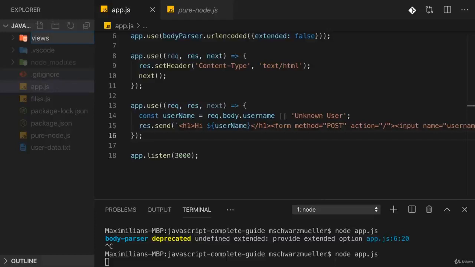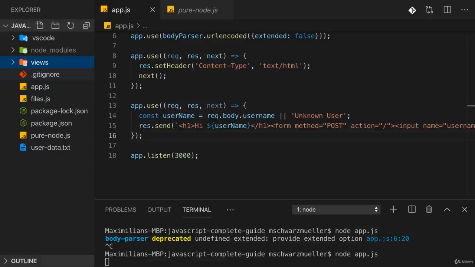Views is a typical name, but you can name it however you want, where you store all your HTML files you want to send back. Though, we will not actually create a HTML file in there, but instead a template which contains HTML content, but where we can also inject dynamic content so that we can have a mixture of HTML static content and dynamic content. This will be all then merged together into an HTML file on the server side and sent back to the client. So on the client, we will receive a HTML file,